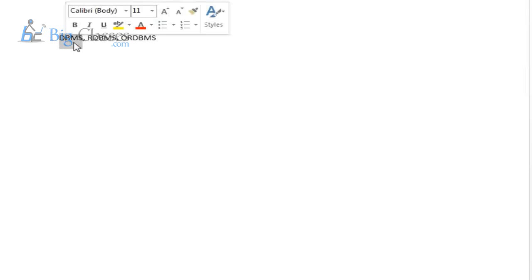If you want to store some data in a database, either you can go for DBMS or RDBMS or object-relational database management systems. All these are methodologies or strategies to store the data on top of a database. You can implement these methodologies on top of any of the databases like Oracle, DB2, Teradata, Netezza, anywhere.